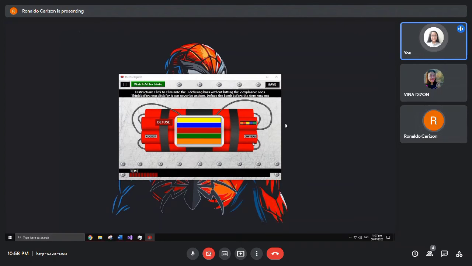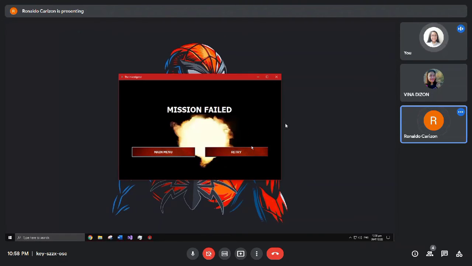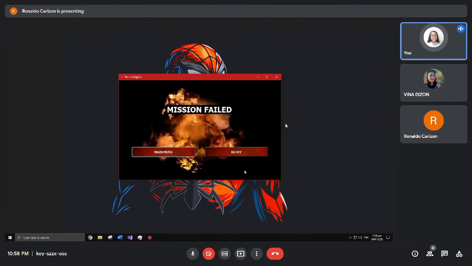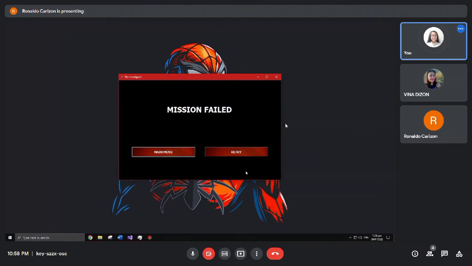If the user fails to defuse the bomb, the mission fails and the game prompts the user to retry or go back to the main menu. As seen on the screen right now, it says that the mission failed and it prompts the user to go back to the main menu or to retry the challenge again. So if the user tries to retry the challenge again,